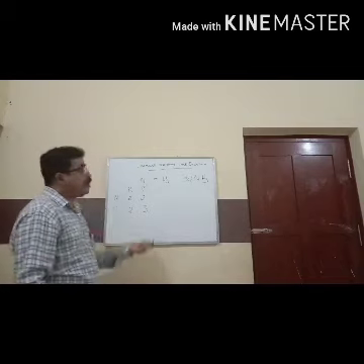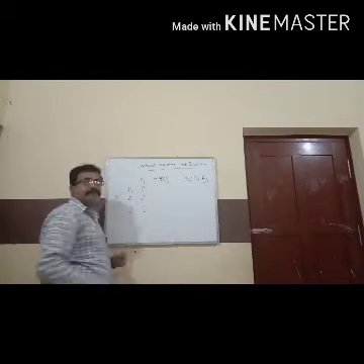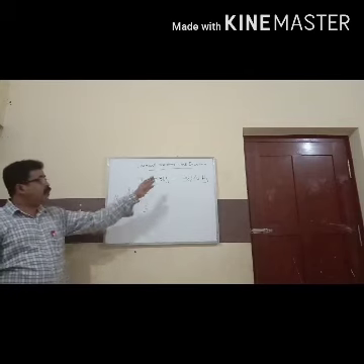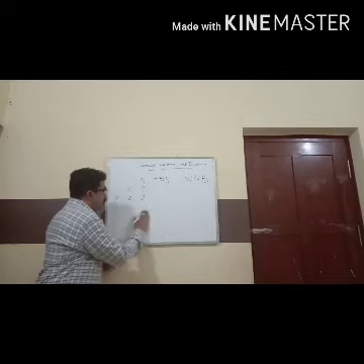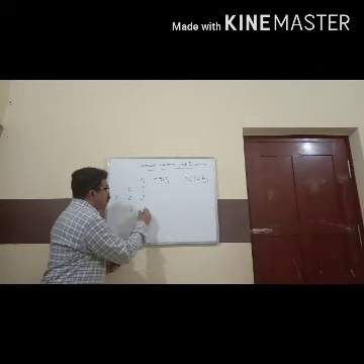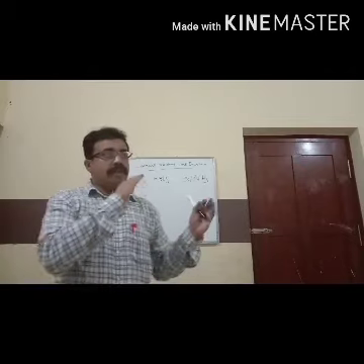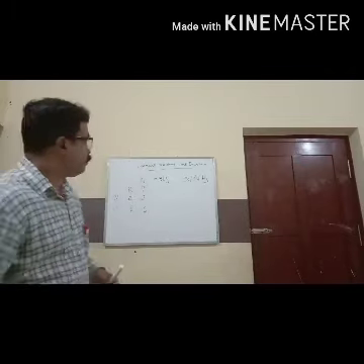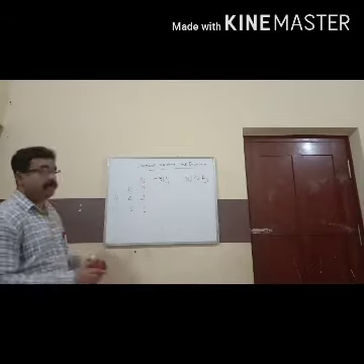How to balance? Here it is H2. So you have to put here 3. So now 3 into 2, 6 hydrogen here, as well as 6 hydrogen in the product side. So it's been balanced. We'll take one more example. Hope you understood. Nitrogen and hydrogen is being balanced.